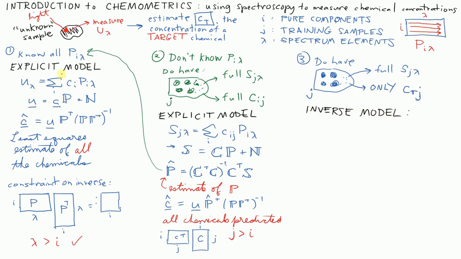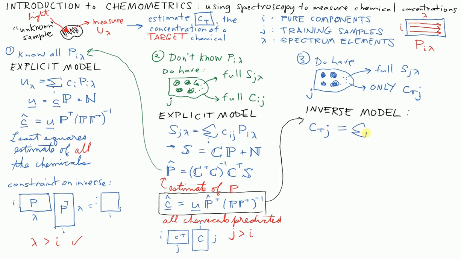We neither measure them directly, nor do we measure all of the concentrations that allow us to estimate what those pure spectra are. So we do not have access anymore to doing this. What we do have access to is the knowledge that we have this kind of prediction happening. The concentration estimate is the spectrum you measure times something. So we piggyback onto that idea here, and we say, maybe I can build a model that my concentration, my glucose concentration, the target chemical's concentration for each of my J training samples, maybe that can be written